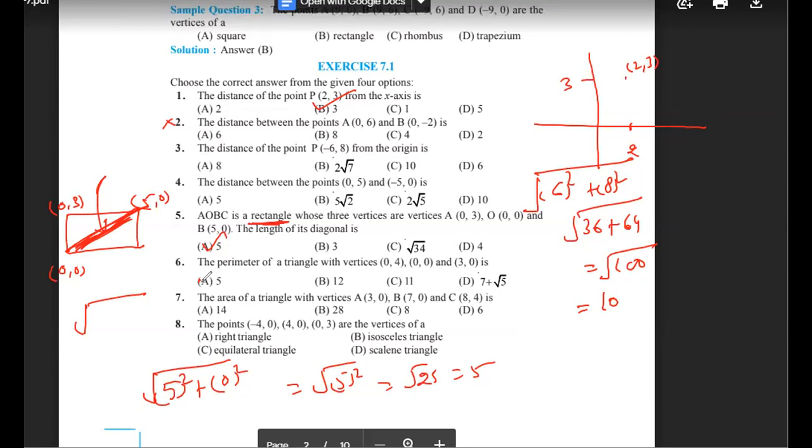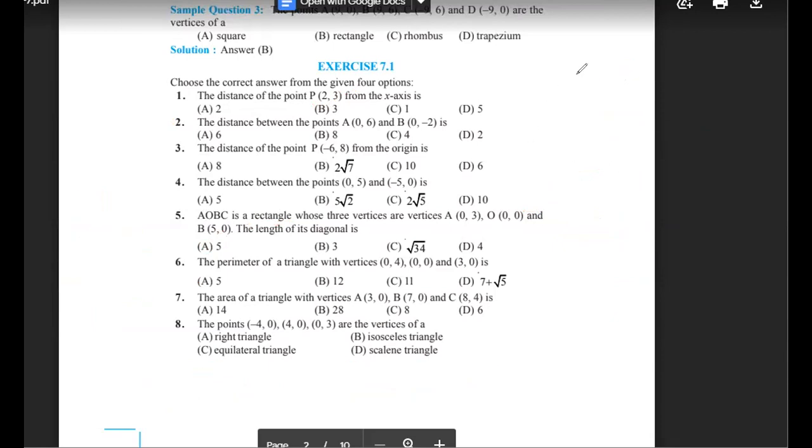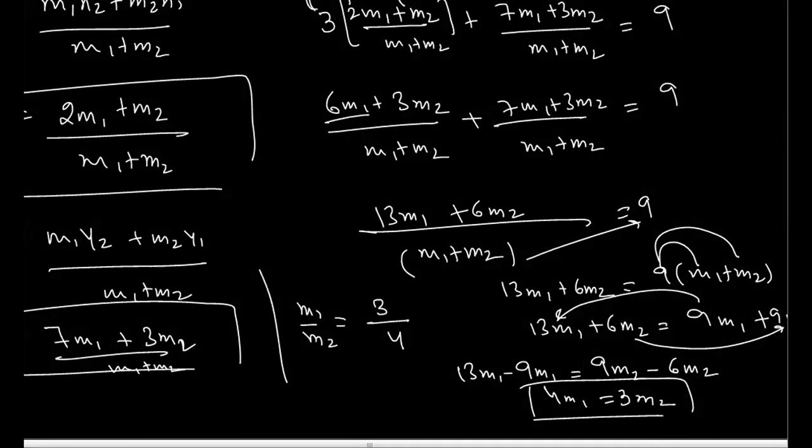So please explain again. Okay. Let's check this one again. Okay. How can we find out the diagonals? Let's check again. Okay. If we have, let me explain you there. Okay. Sir, I have a doubt in your answer. Yeah. I also have a doubt. So I'm going to explain this again.